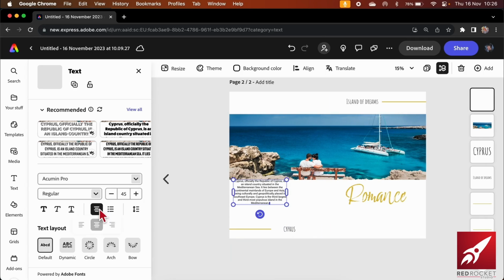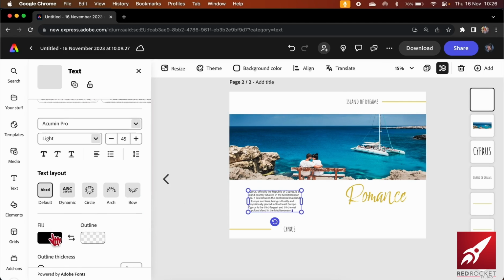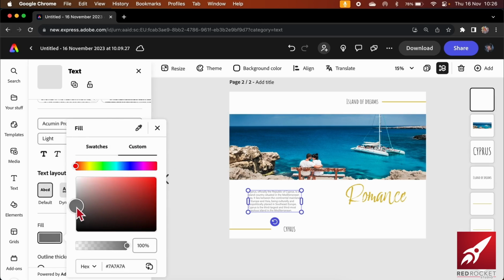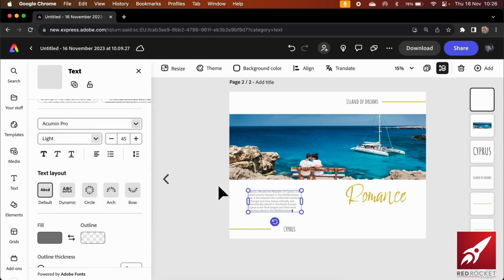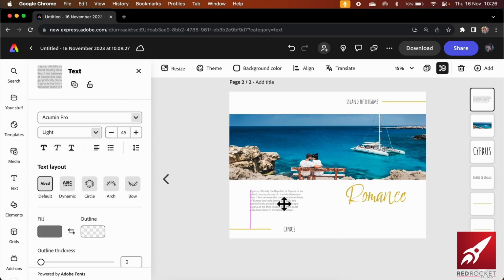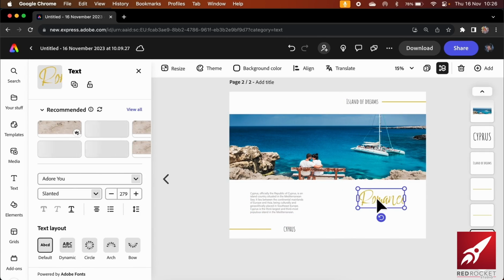I'm going to go and align it using the alignment here to the left. And it does look very, very harsh, that text. So I might either go in here and see if there is a lighter version of it. So when I click in there, there's a light version, which still looks good. But I'm also going to change the color from black. Now, normally you have black text, but I'm going to go to custom and just pull that up so it sort of becomes gray. And once again, goes on with a very delicate feel that I'm going for in this particular brochure. Now, romance is looking a little bit large, so we'll size that down, pop it in the middle,